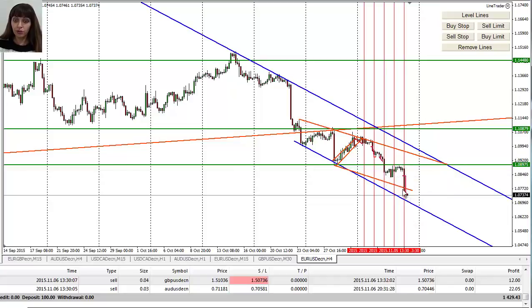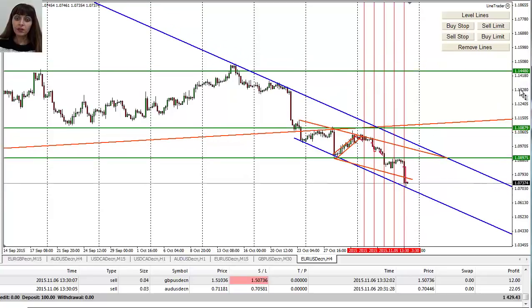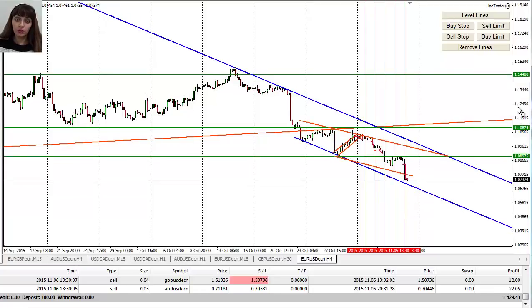And then the news, as I said, we were expecting. If you look in the economic calendar, you would see what the numbers were there, and I was saying if the numbers are as predicted, then we will see euro dollar going down, and this is exactly what happened. Except, of course, I was thinking that on Friday the news should break the main trend, but you can see it actually stopped at the bottom line of our trend.